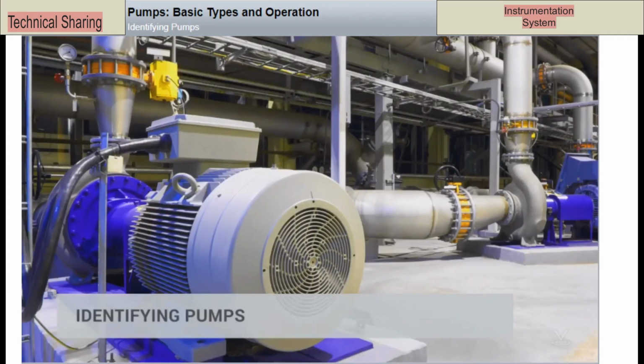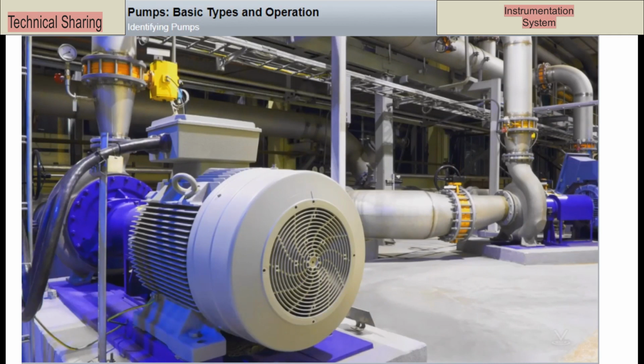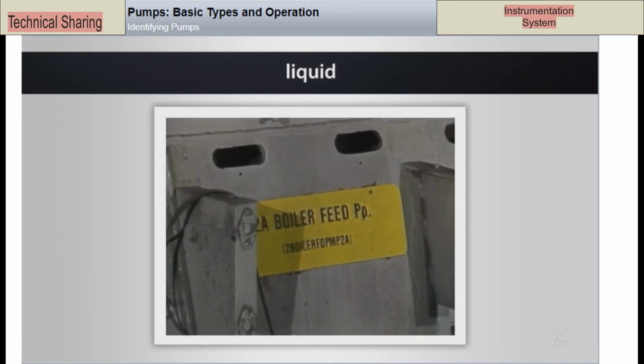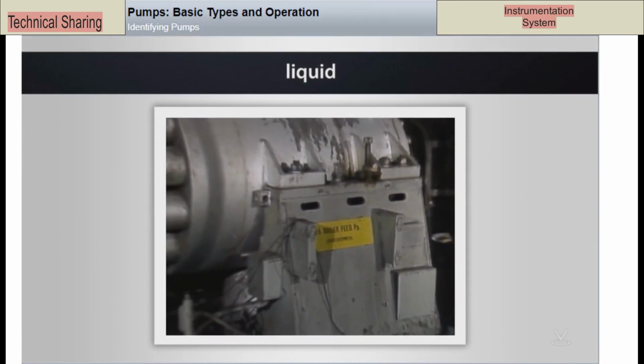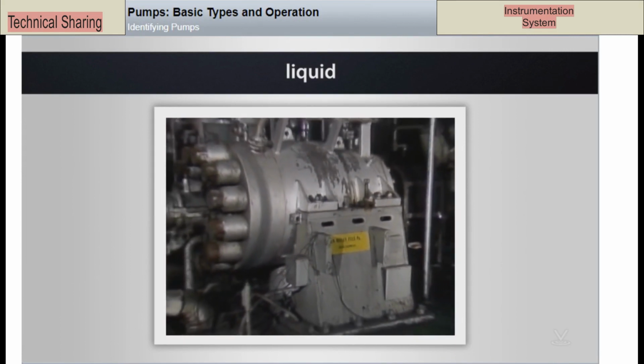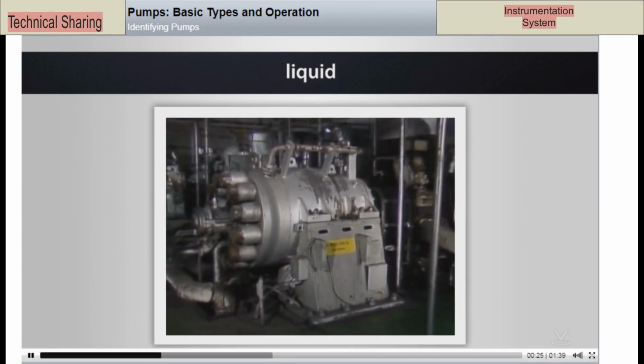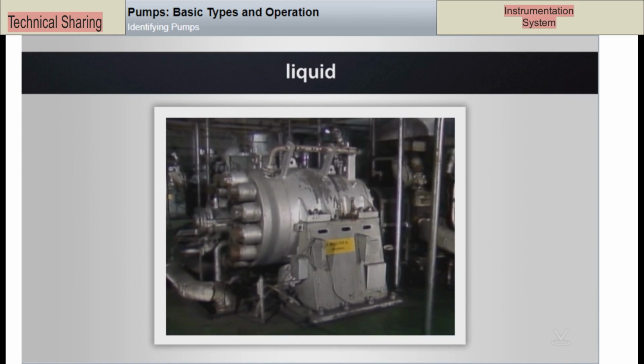Identifying pumps. All pumps have the same basic function, to move liquids through piping systems to where they're needed in the plant. However, different types of pumps are used in plants, and they're identified in different ways. Liquid. One way that a pump can be identified is by the liquid that it pumps. For example, this pump supplies feed water to a boiler, so it can be called a feed water pump or a